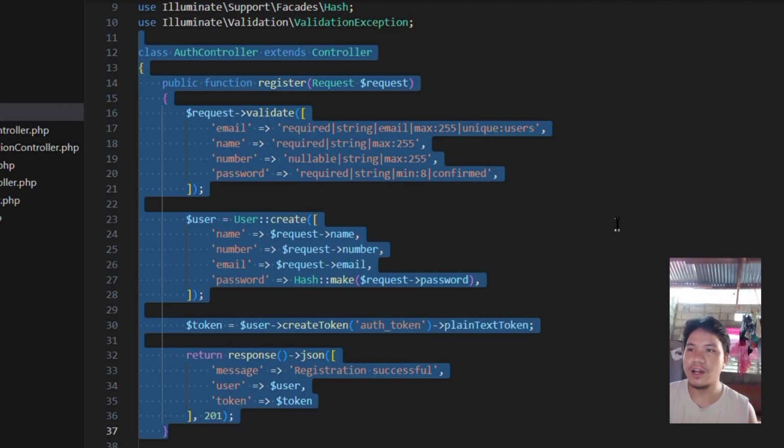Then next is $user equals User::create. This creates a new user in the database. The User model's create method inserts a new record using the provided data. The password is hashed before storing it in the database using Hash::make for security. And